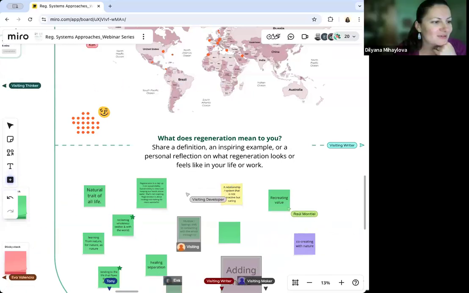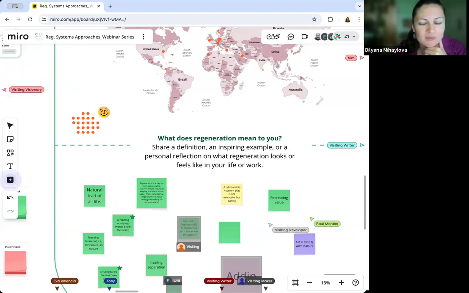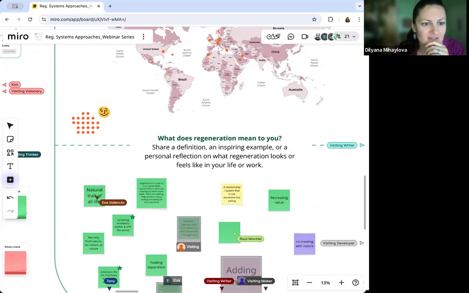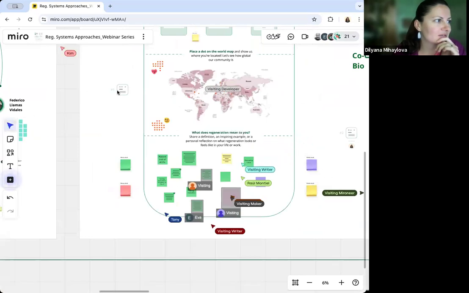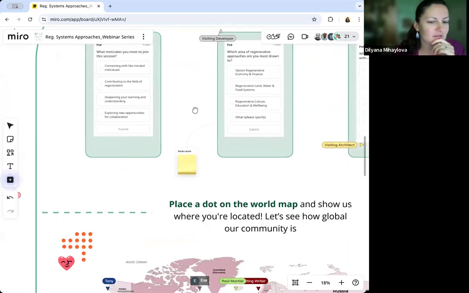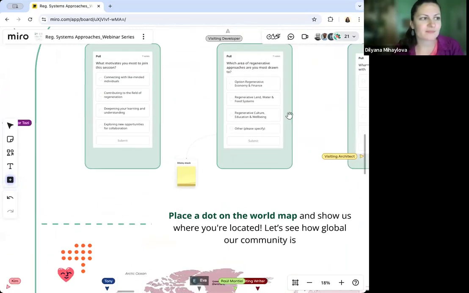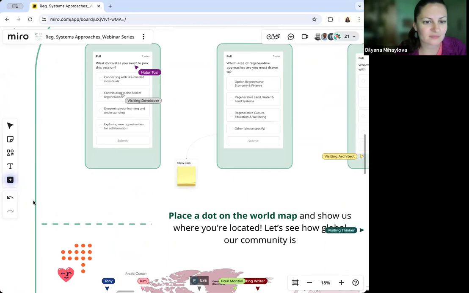I'm seeing the final post-its. Please feel free to finish this. I think also a couple of people just joined. Could we please put the mirror link in the chat? Oh, Elisa, the poll is at the top of the map. You can see the 3 polls just up here. Is everyone with us? I think we've addressed some of the mirror issues in the chat. Please do shout if not.